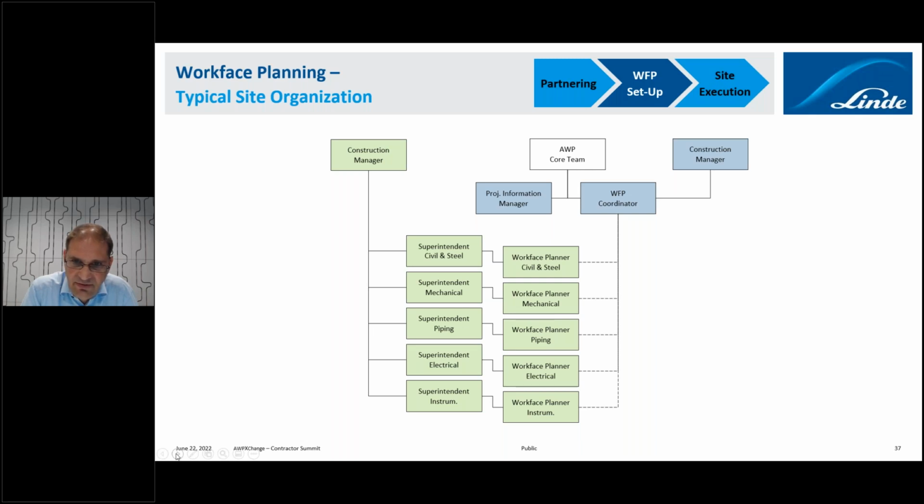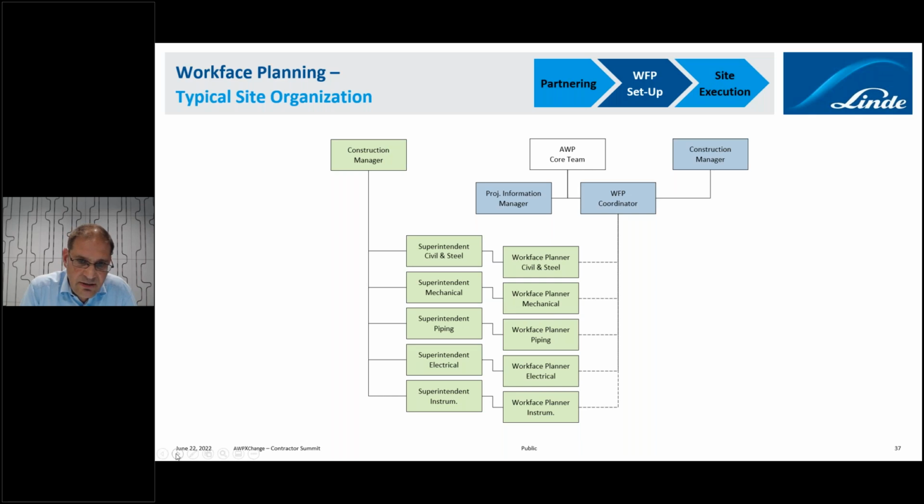This is what we have identified as really key: workplace planning, AWP, is a collaborative effort at site execution. So we contribute with the workplace planning coordinator who is reporting to our construction manager, but also working together with the project information manager and the AWP core team. And they closely align and also lead the workplace planners organization from a functional point.